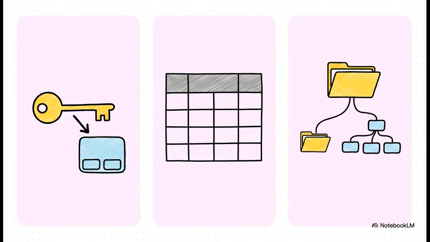And to really get why this was such a big deal, let's look at some other ways to store data. You've got key value stores, which are kind of like a simple digital dictionary. Then you have semi-structured models, which are super flexible but can get, well, messy. The relational model, right there in the middle, forces everything into this clean, predictable grid. And you know what? That structure, that rigidity, is its superpower.